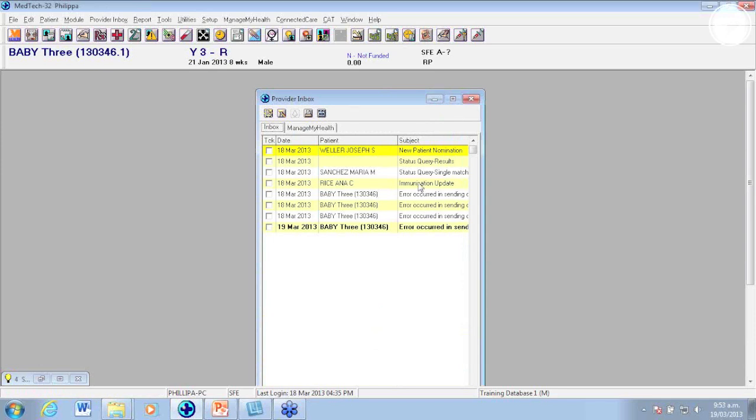You'll see here that there's a difference in the messages. Some have been sent by the NIR, such as a new patient nomination, new babies that are born, status query results, and immunisation updates about a patient. You can also see that if the subject says error occurred in sending the data, this means there's mandatory fields